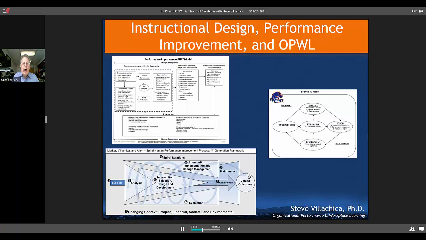Per the question, let me scroll up. Tammy asked about ADDIE and leaving ADDIE for SAM. SAM is an ID approach coming from Allen Communications, and